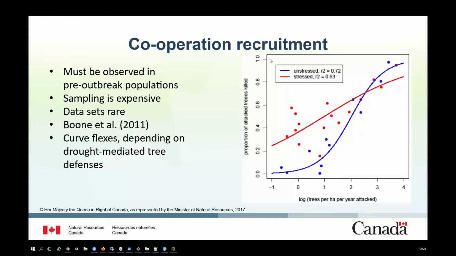So this is the important part. This is what determines the left-hand side of the parabola that defines eruptive growth potential. Moreover, the left-hand branch of the parabola flexes depending on whether the trees are well defended and unstressed, which is the blue curve, or if they've been stressed a little bit with some drought, which is the red curve. So if we go to the next slide,